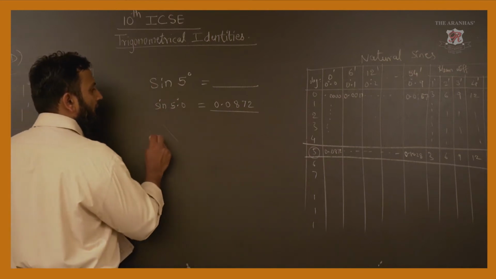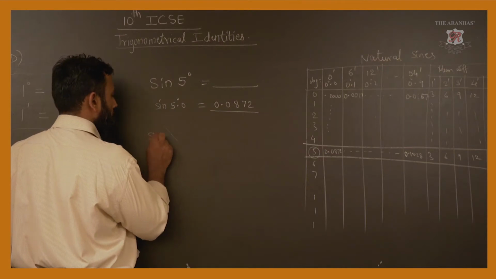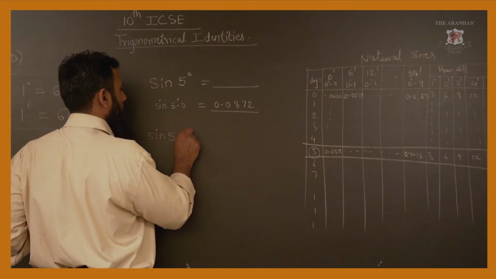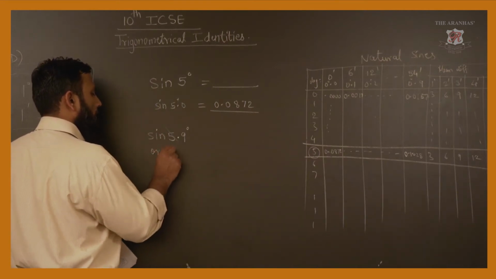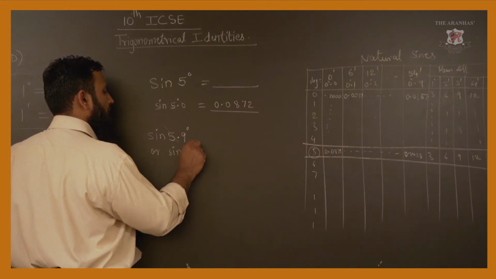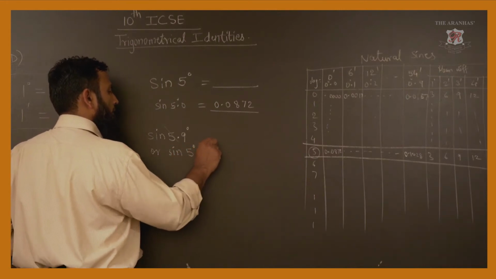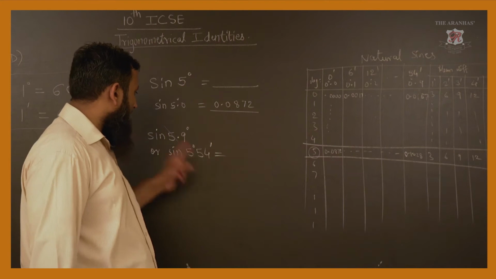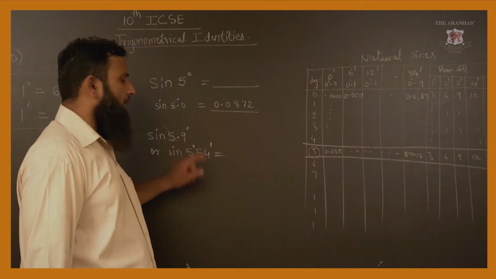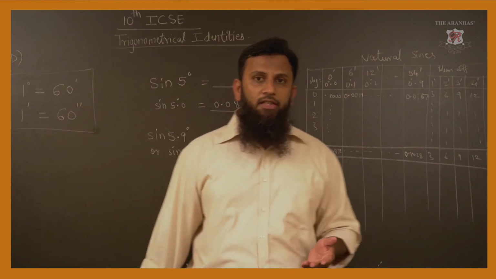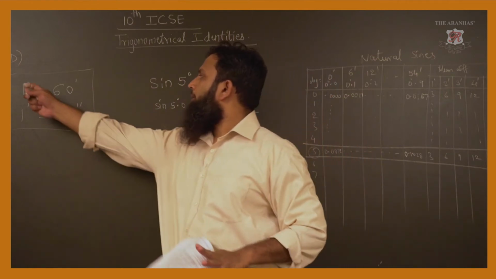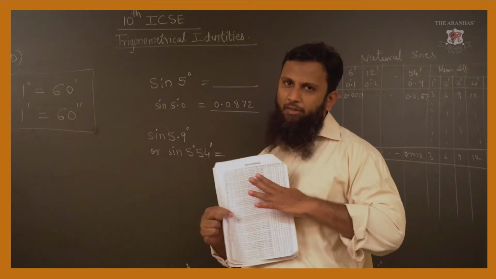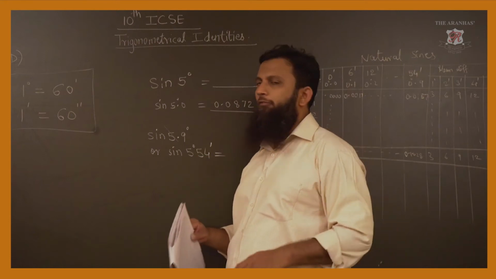Suppose now if they ask sine 5.9 degree, or they ask it like this, sine 5 degree 54 minutes. Sine 5 degree 54 minutes is as good as sine 5.9 degree. If anybody asks you how this conversion is done, the answer is very simple. Tell them 1 degree is 60 minutes. So 54 minutes is equal to 0.9 degree. So that much additional value you have to put there. So it will become sine 5.9 degree.